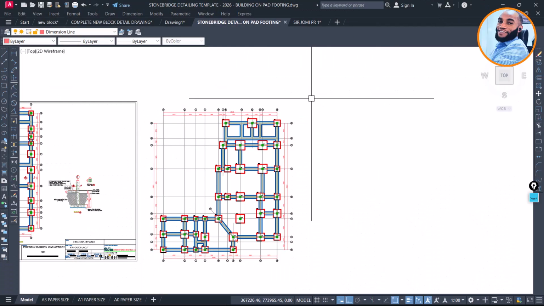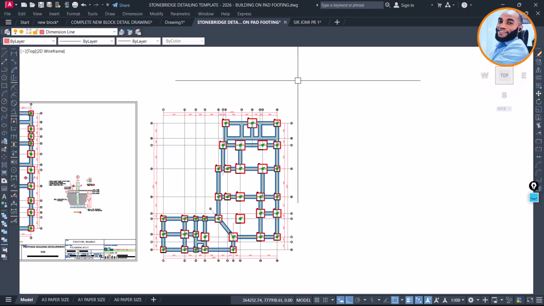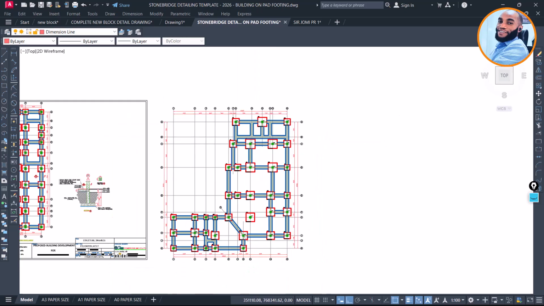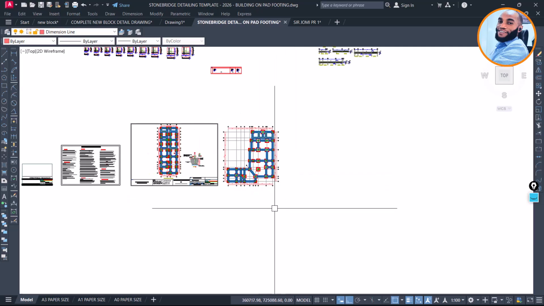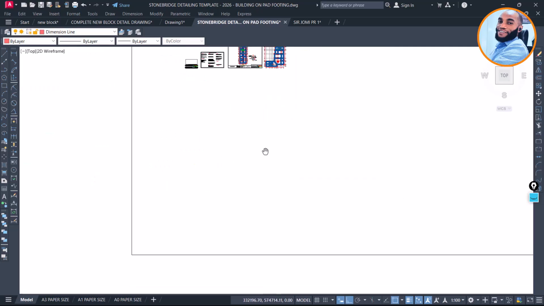Now, on this series 3 part 5, we are going to be doing the foundation base tagging. And to be fast on doing that, we are going to achieve two things. One, to complete the foundation layout and also achieve the foundation detail. Alright, footing details. So what we'll do now is to come here and copy the existing foundation detail that we